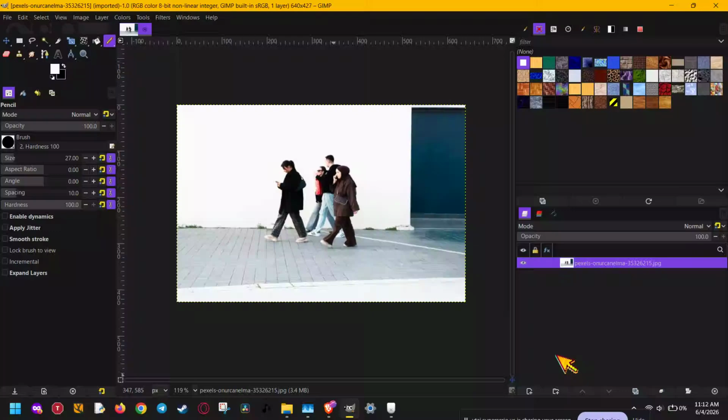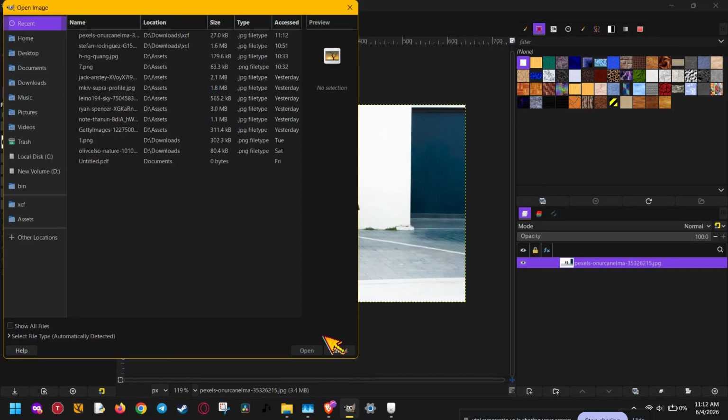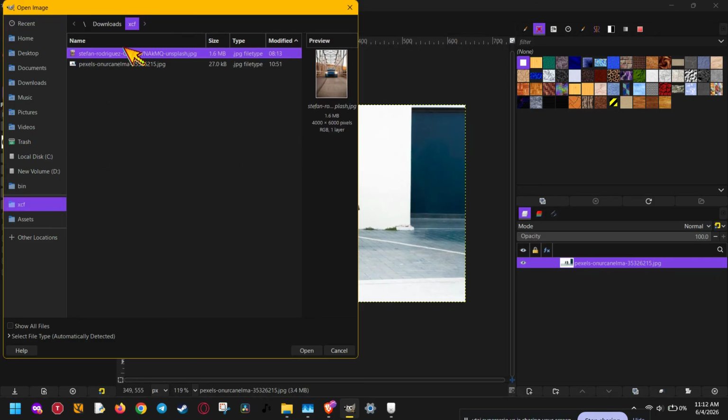If you want to create a motion blur effect in GIMP, whether it's for a speeding car, spinning wheels, or a zooming camera look, this tutorial will walk you through the easiest way to do it. And the best part is, you can do it in a non-destructive workflow, so your original image stays safe